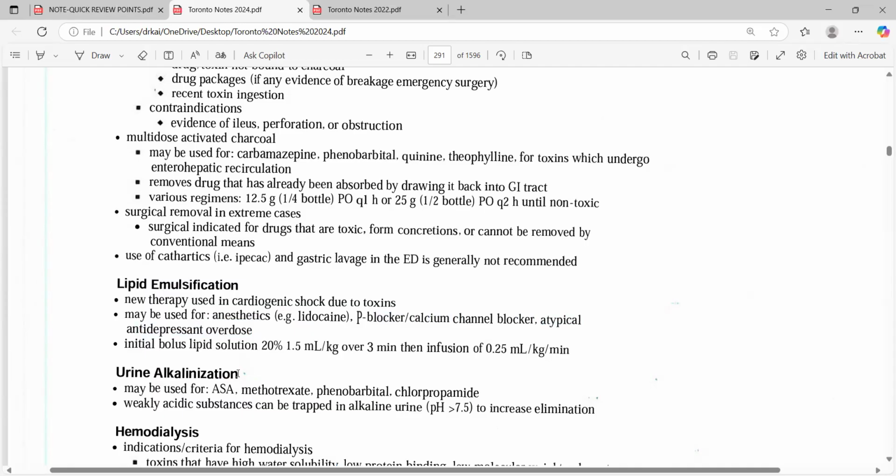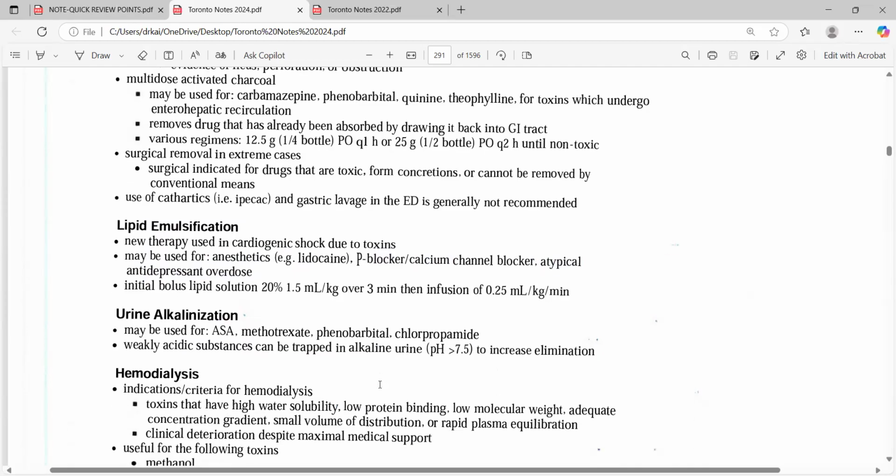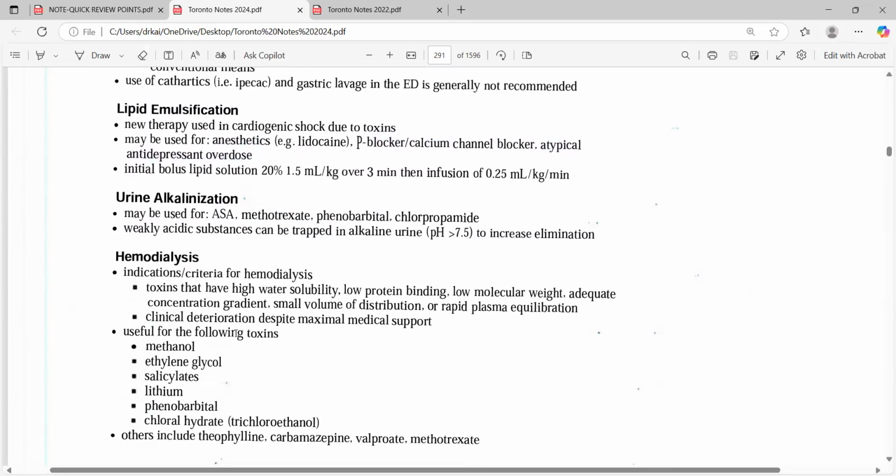In urine alkalinization, which ones? Aspirin, methotrexate, phenobarbital, chlorpropamide. In those ones, we do urine alkalinization. And it's important; they can be asked in MCQs. In the hemodialysis,